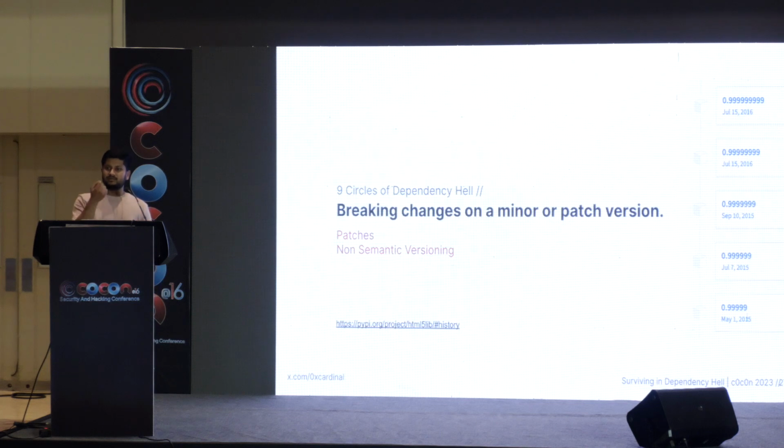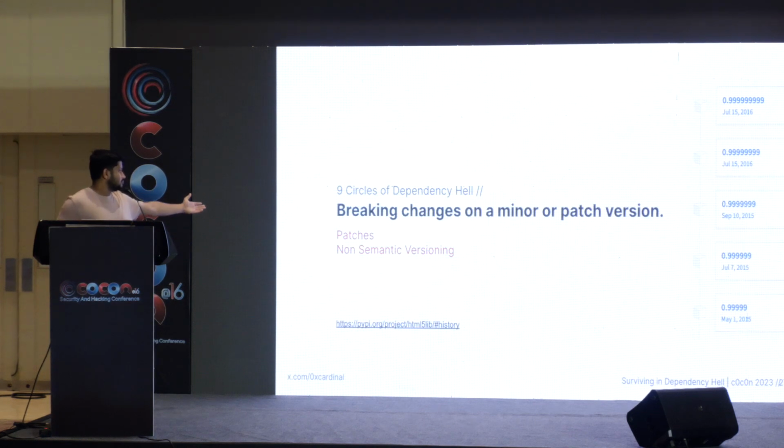Then there is the minor version, where new features are included, but there is backward compatibility. And then the third one is the major, which tells you that this will have breaking changes, and please upgrade accordingly.